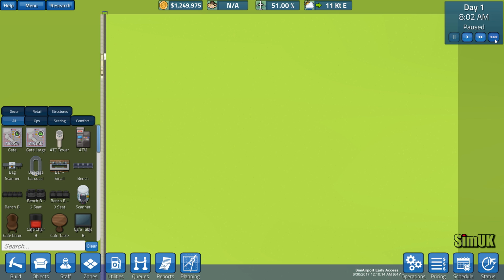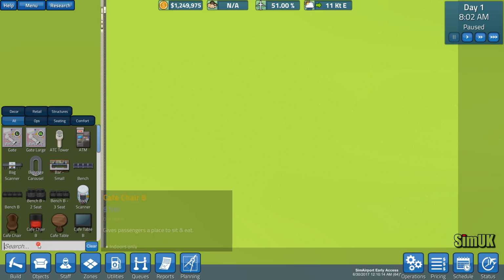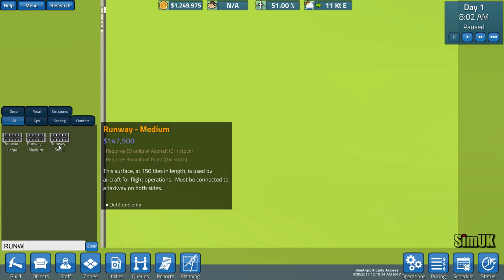You can see all this is new. We've got an additional speed button up here. What else do we have? Runways. Where are runways? Are they in here? Yeah. 3 runways now. Small, medium and large. Small is...